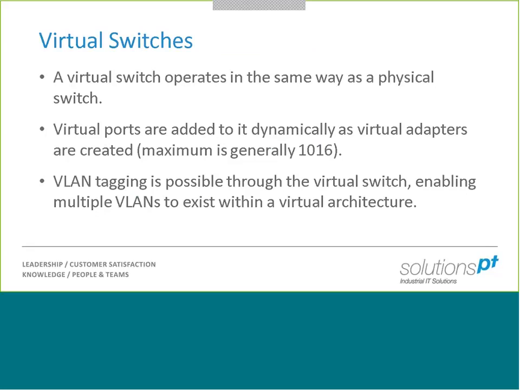Well, we aren't actually limited as such to just layer 2 switches. Kind of off the shelf, if you were to just buy a standard VMware license, you would be limited to just a layer 2 virtual switch. But we can configure virtual appliances that will essentially act as a layer 3 switch or as a router. So we still do have options to do routing and layer 3 functionality in the virtual world. It's perhaps just not supported directly from a basic VMware license, for example. We might need an extra virtual appliance. There may be free ones out there. There's obviously a lot of vendors who will charge for that as well.